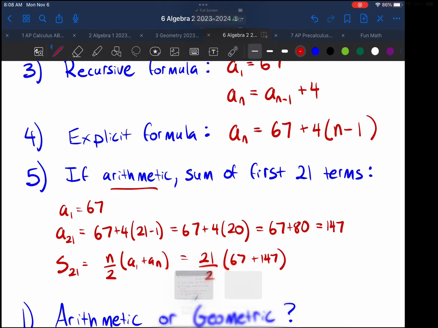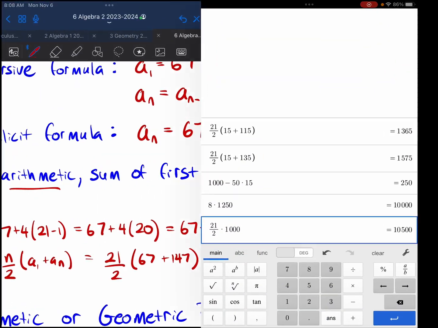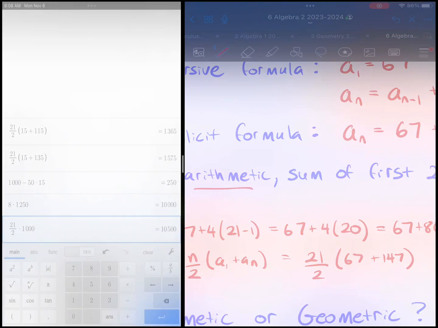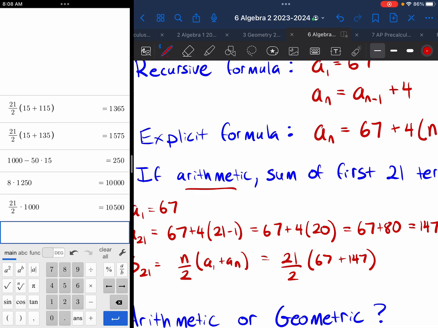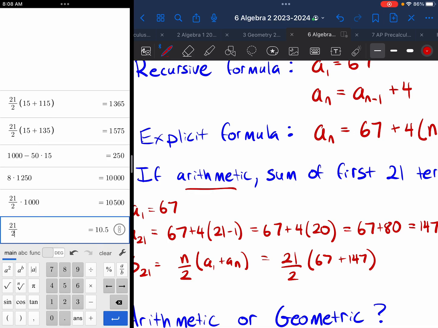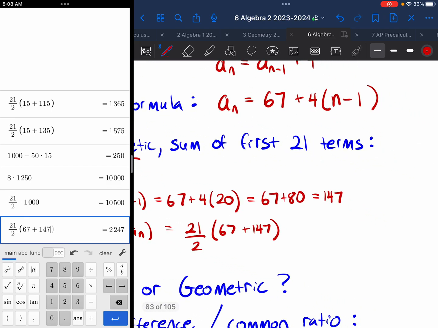So come back over here, pull up our handy-dandy calculator, throw it over here on the left so we can actually see what's going on and have room to write. So you go to a quarter of a screen. All right, we're going to do 21 divided by 2, and we are going to multiply that by 67 plus 147. Whew. All right, that is a big number, and I'm just going to write down that number and hope that I didn't make any too big of mistakes. So I got